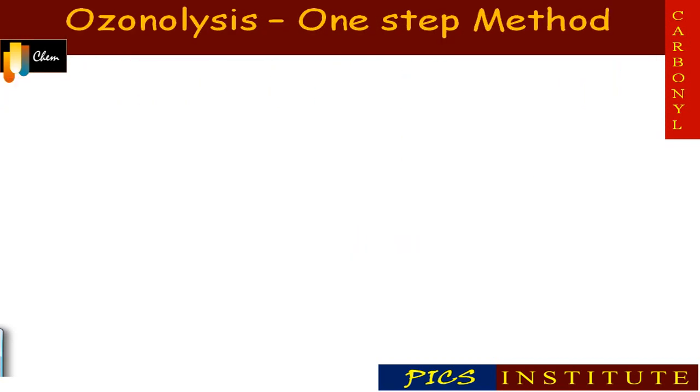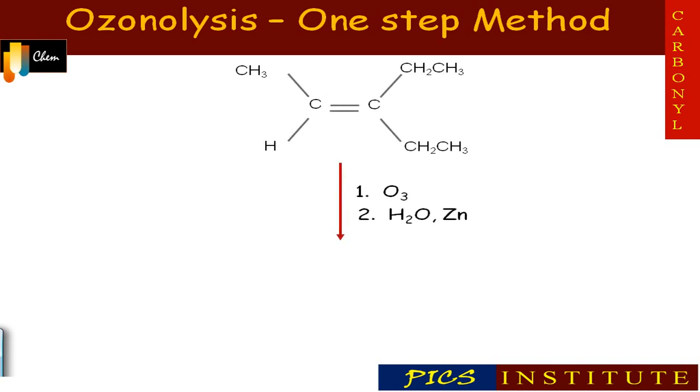Ozonolysis reaction can be represented in one step as alkene reacts with ozone, zinc and water. So in one step we replace pi bond and other bond at the site of pi bond with double bond oxygen. So these two bonds at the site of pi bond are replaced by double bond oxygen. So final product is